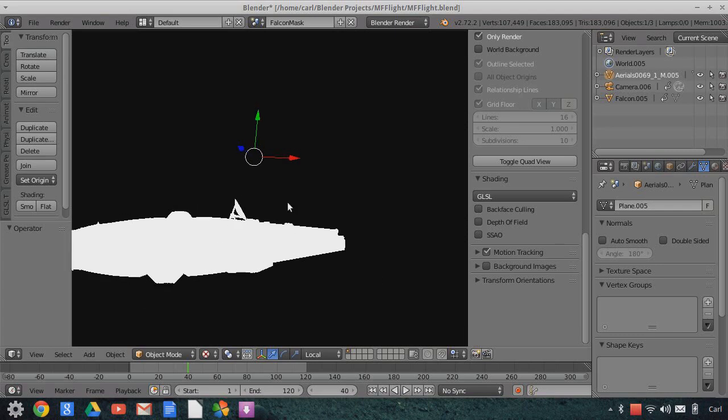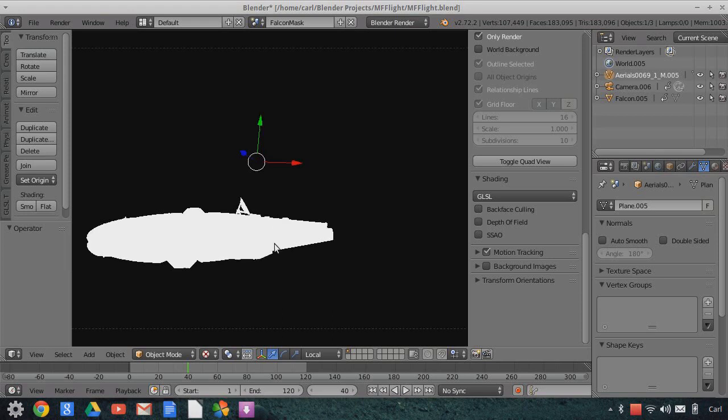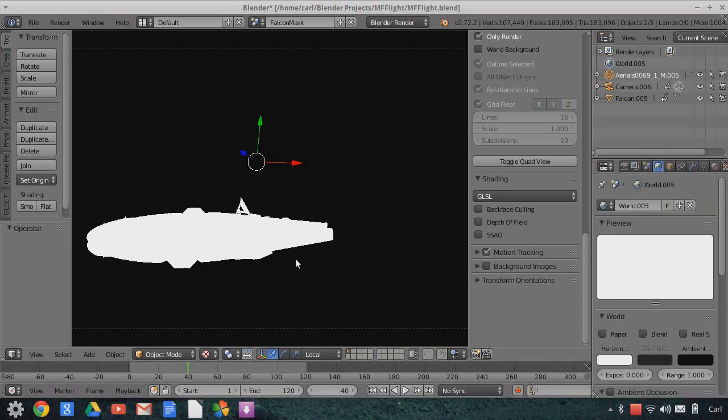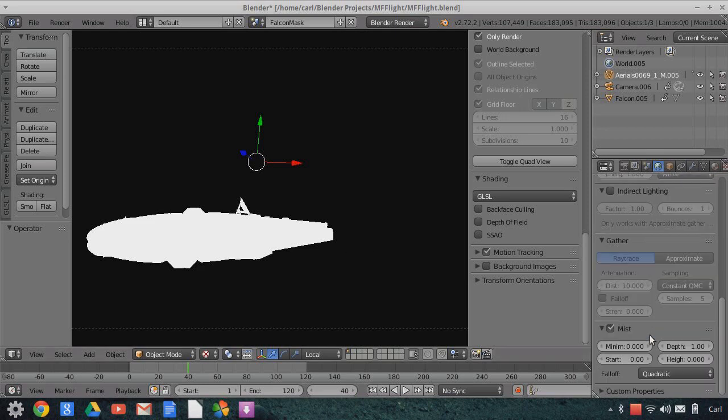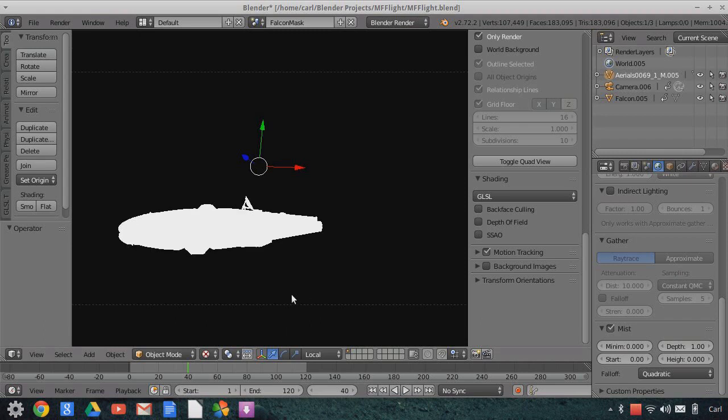Now, this is another scene. It's another copy of the scene, and what we did is I took the mist feature and I made the background entirely white, and I set the mist feature for this model, I'm not going to talk greatly about this, but I set it to a really low amount so that it started at 0, and the depth is only 1 Blender unit,